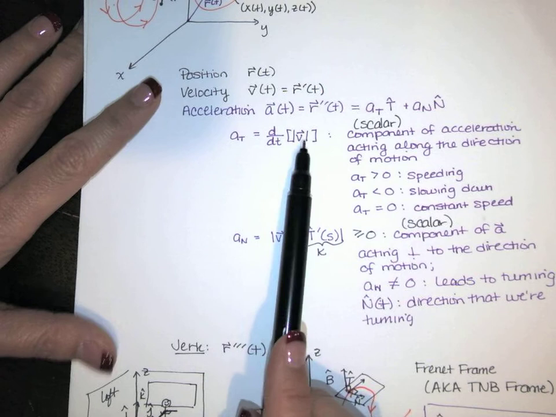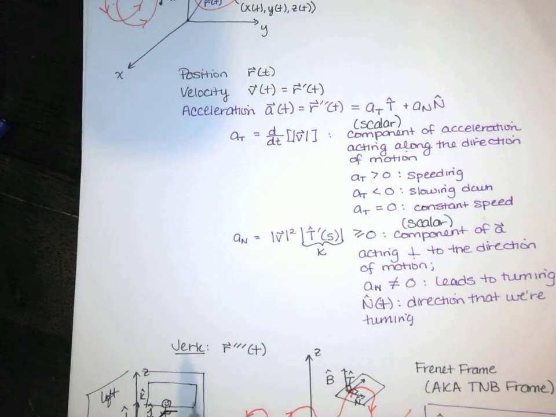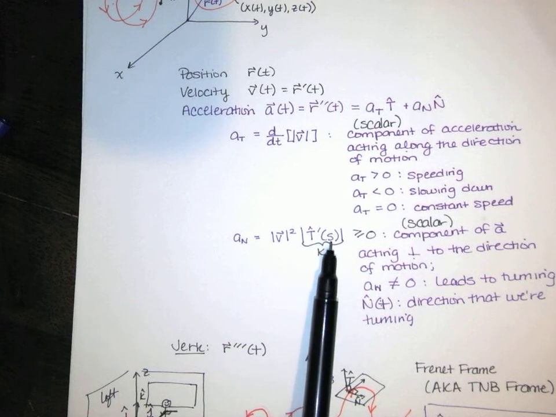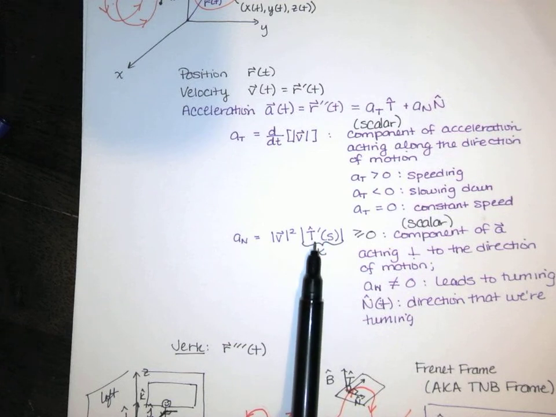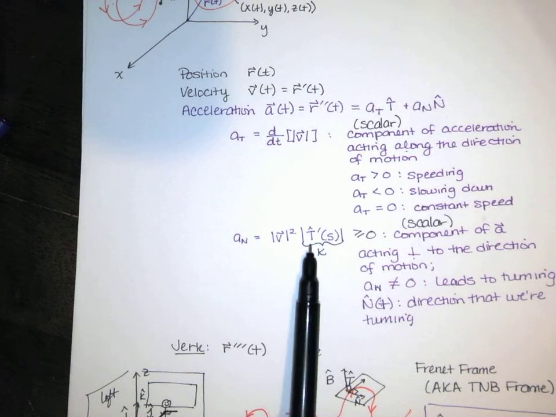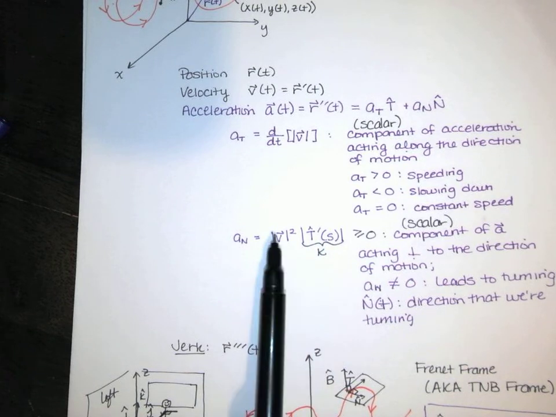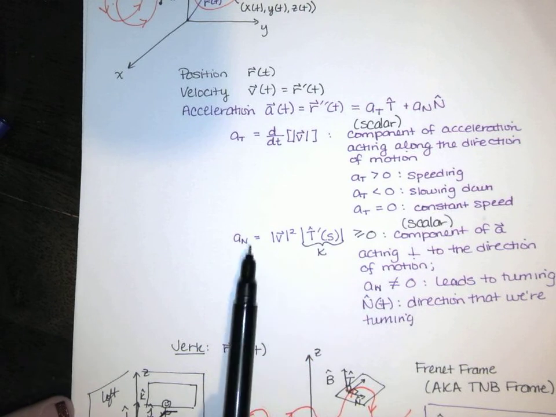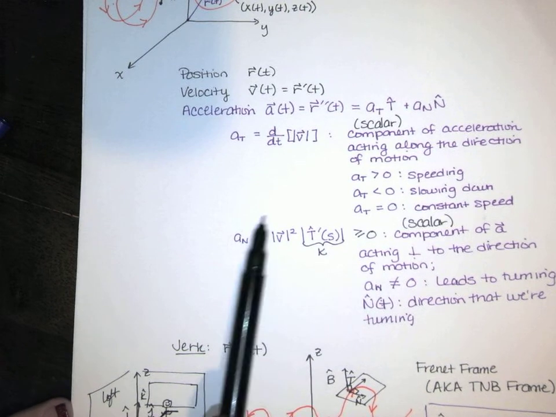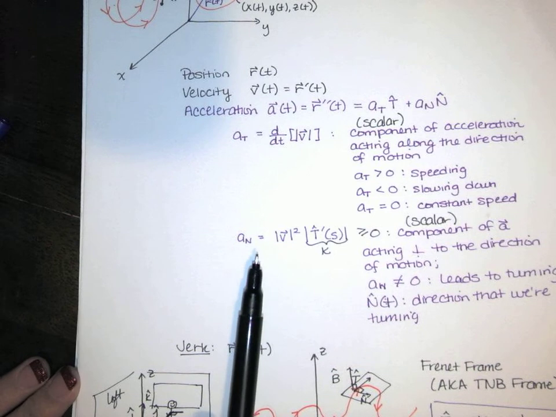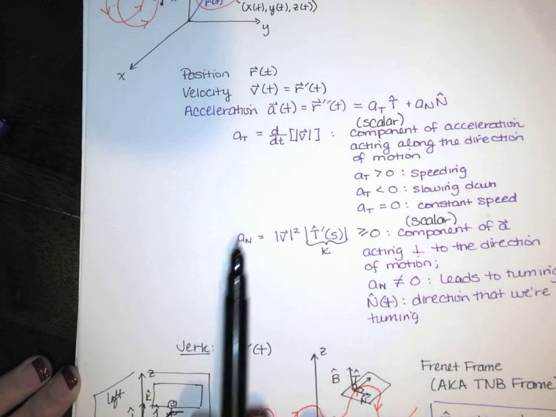It's really not too difficult to find the speed and then find its derivative, but finding the unit tangent vector and then finding the arc length parameter and then parameterizing the unit tangent using the arc length parameter and then finding its derivative and finding its magnitude and then taking that and multiplying by the speed squared, all of that, like, that's a lot of work. So a sub n would actually require an enormous amount of work using this formula. So we're going to use a different approach to find a sub n and a sub t than these two